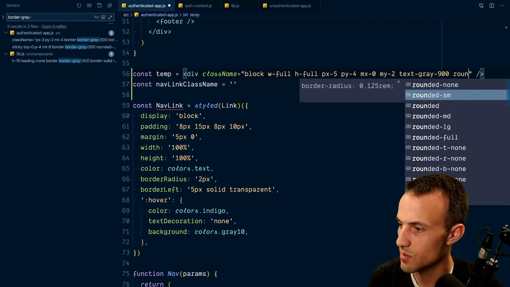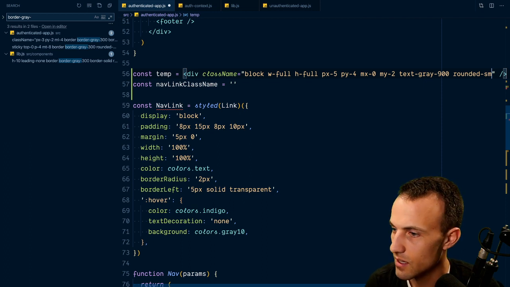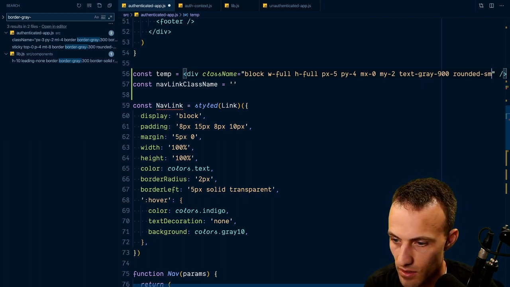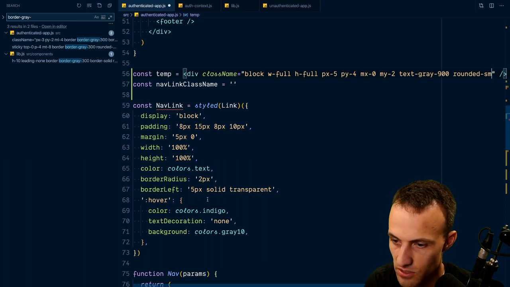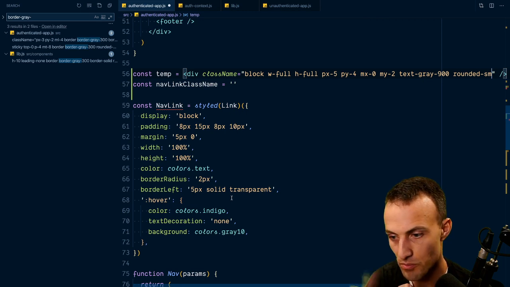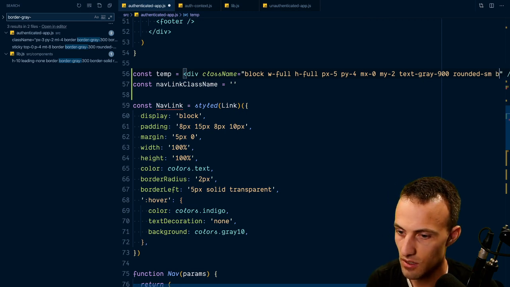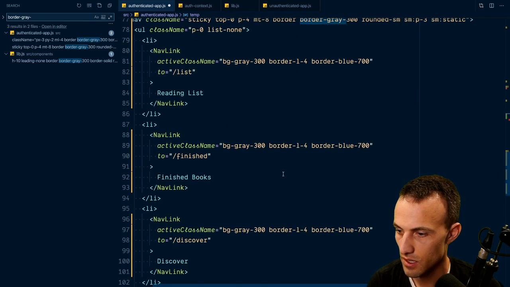Looks like you just get small, which is fine, probably. Okay, and I lost where I was. Border radius, border left. Solid, transparent. I think that's there so that when I add the border that is not transparent, it doesn't bump around. So, okay, border, L4,